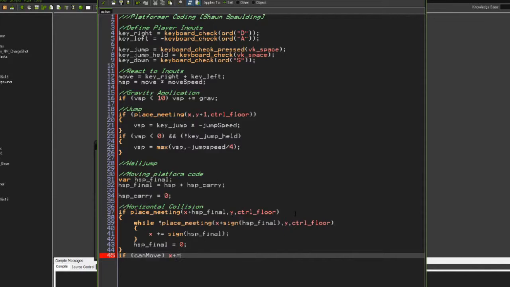X plus equal HSP final. Alright, so that will handle our collisions when we're moving with our wall. And yeah. Now, of course, similarly, we need to do this for the vertical collision, but what I can easily